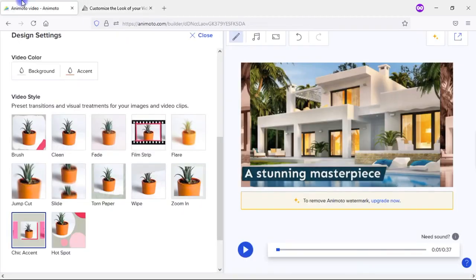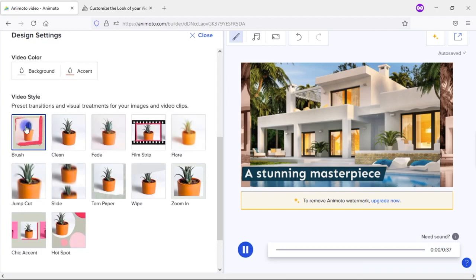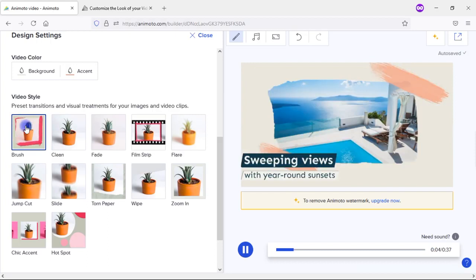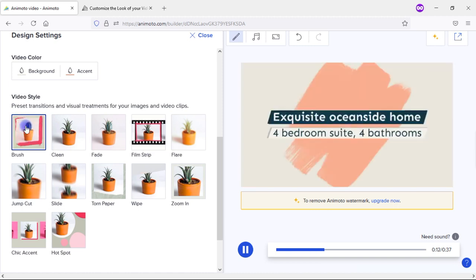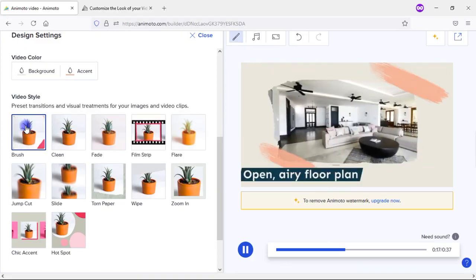So to me, that's a little confusing. It doesn't seem like you have necessarily full control over what transitions you get. You pick one of these, if I pick brush, I don't know exactly how it's going to affect things. Again, it said it's going to be different based on what the other blocks are. So it's, for me, a kind of strange way to do transitions, but you do have that option at least to add transitions between your different scenes within your video.